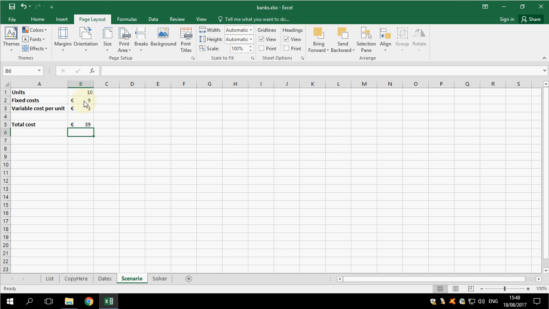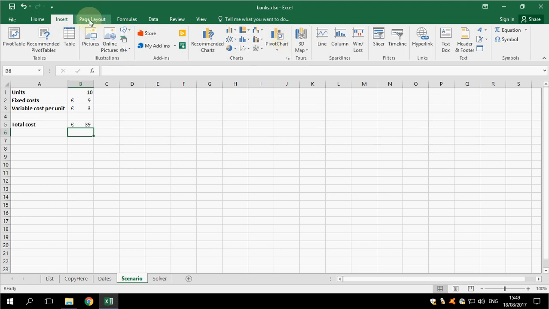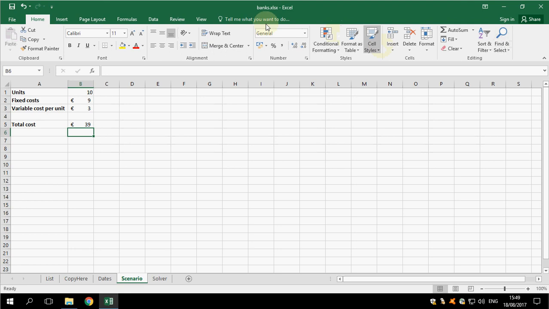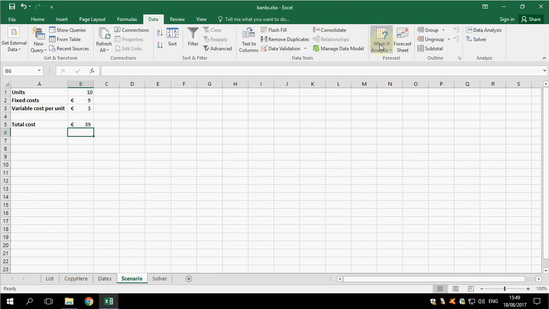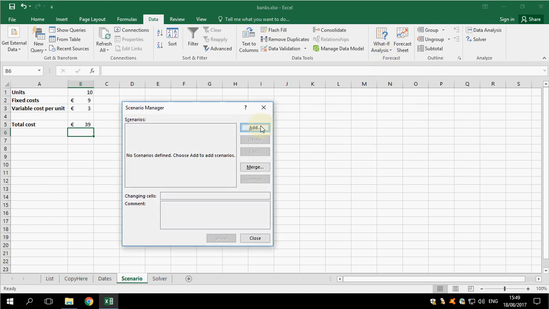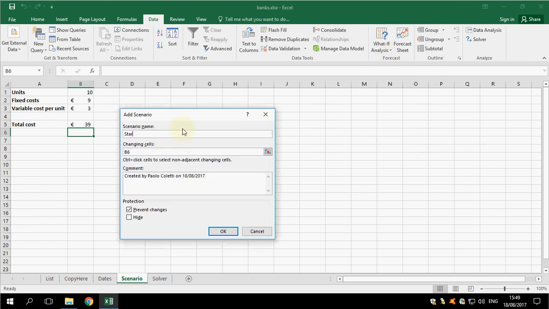Then in a new sheet, insert a scenario summary using appropriate labels with at least 3 possible variations of B1, B3 variables. Okay, so insert, where is it? No, oops, home, data. You can see what happens when you don't study. What if analysis, scenario manager, add, scenario name, start, changing cells, these ones. Okay, so we add a new one, scenario manager, more units,